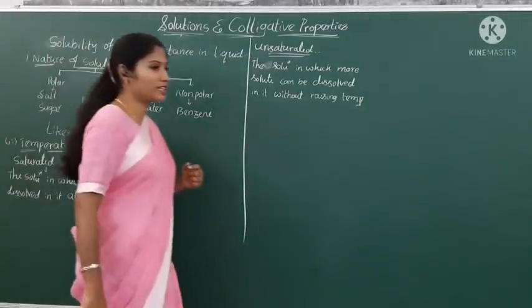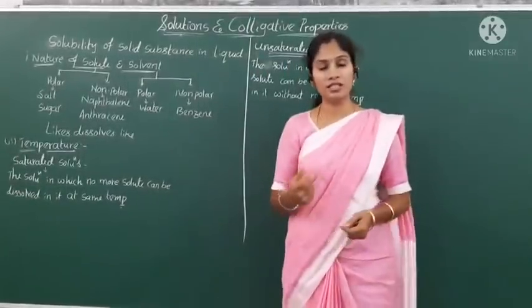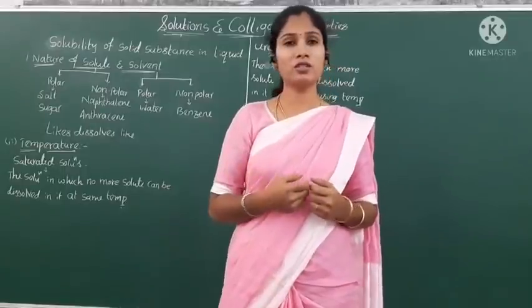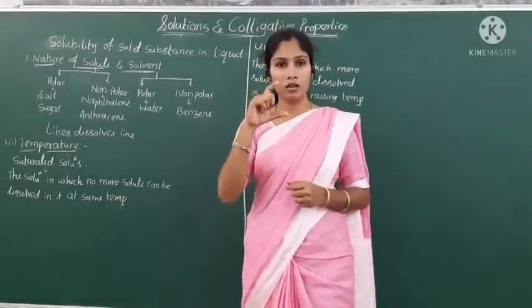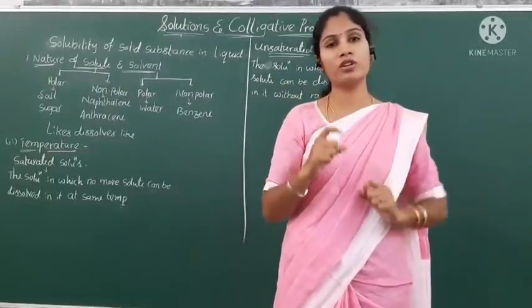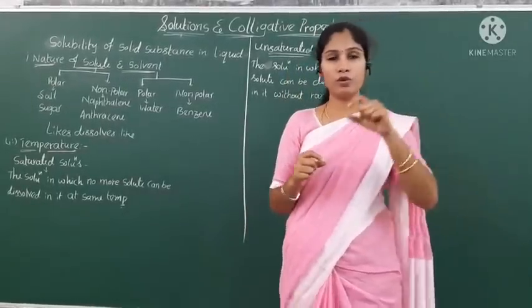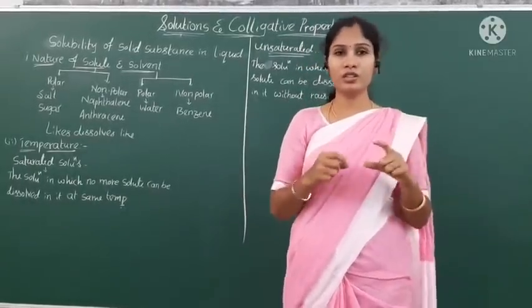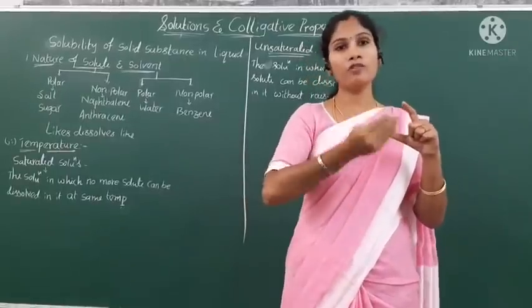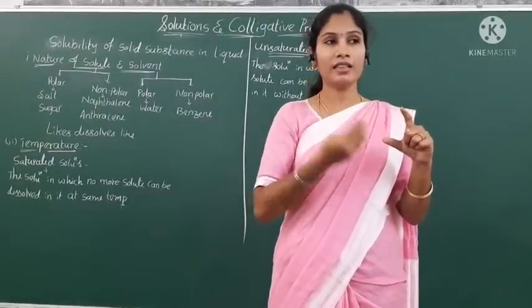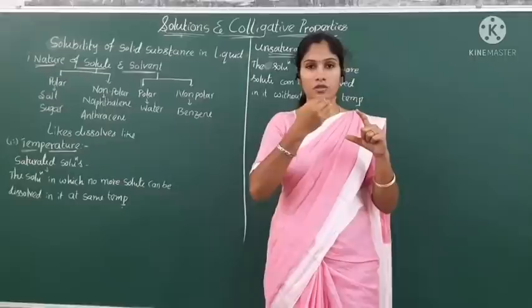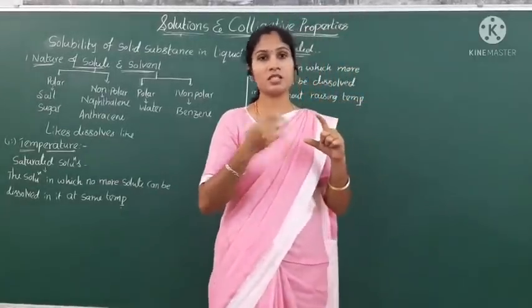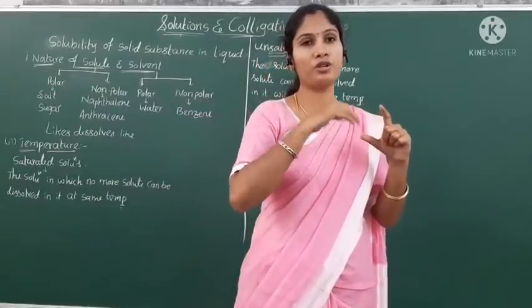For this we can take the example of making a sugar syrup, a perfect example for saturated solutions. Here we take a little amount of water and add more sugar. Suppose we take a cup of water, add half a cup of sugar, and it dissolves. Then add another half cup of sugar to it, and we observe it also dissolves. Next add 1 more cup of sugar to that water.